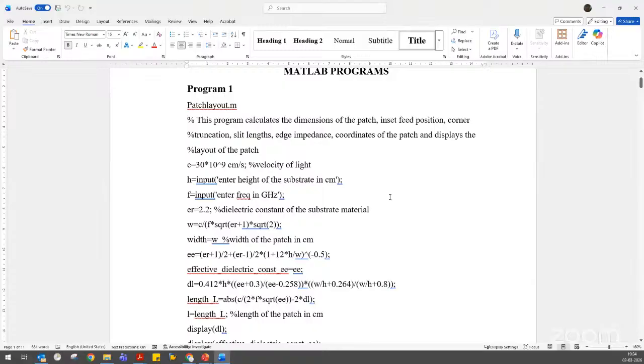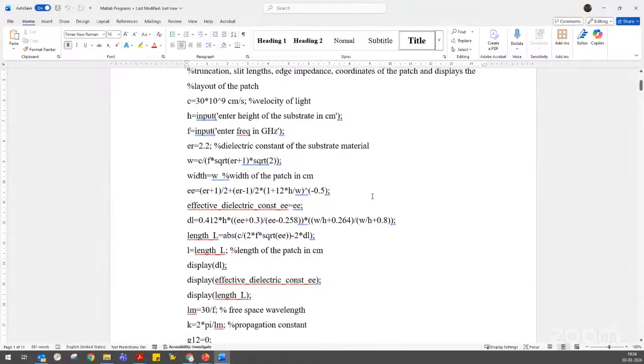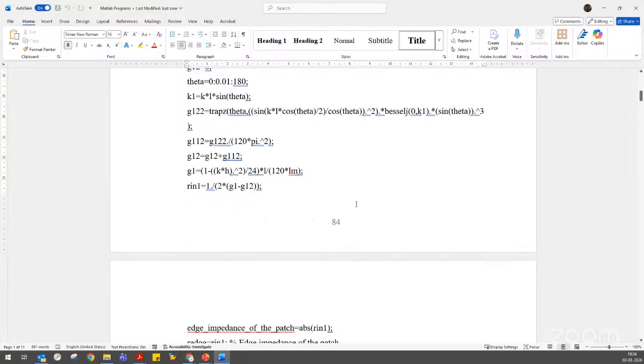Programs. Yes. Okay, so this is the MATLAB program.